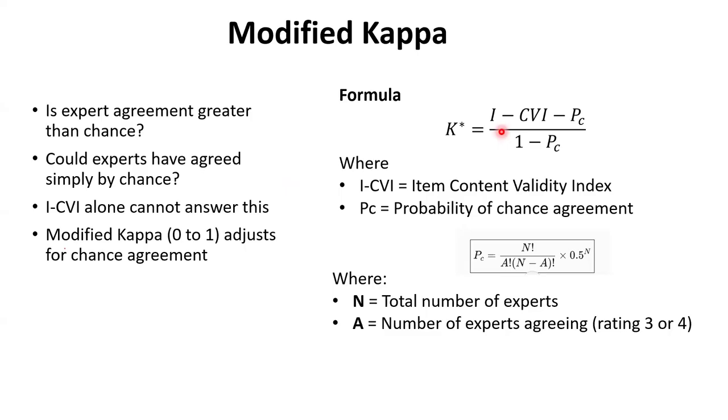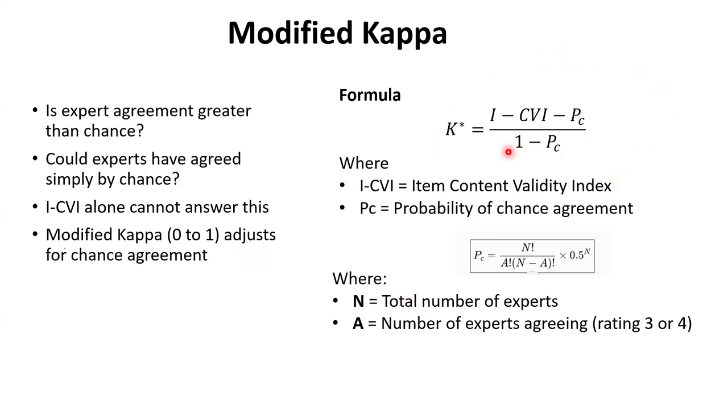So if you toss a coin, there is a half chance that you are going to get heads or tails. So when you are getting some particular value as your ICVI, you want to find out how much of that value is beyond chance. So this is modified kappa. You want to adjust the value beyond chance agreement, and that is what you do with your modified kappa,